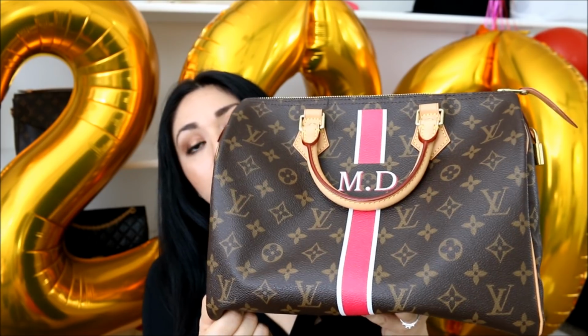So if you wanted a little bit more variety, I would go for the 25 and keep the monogram 30, but just know that that is a possibility that you might end up gravitating towards one more than the other, and the other one might end up sitting on your shelf. So I purposely wanted to give this one a little bit more love. I think it is a beautiful bag. I like the fact that it does have my initials, and it also has the two colors that I'm crazy about, but I just noticed that whenever I want to use a monogram Speedy, I end up going for this one because I can just take off the little strap, and then just use it that way if need be. So again, if you want a little bit of variety, I would go for the 25,